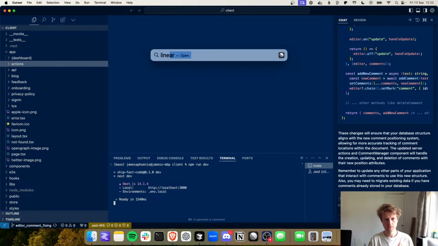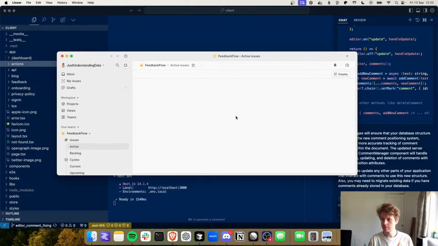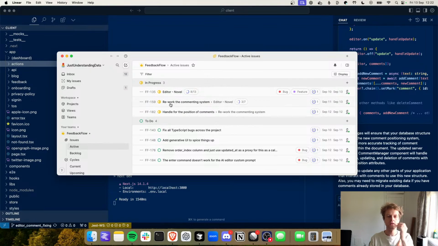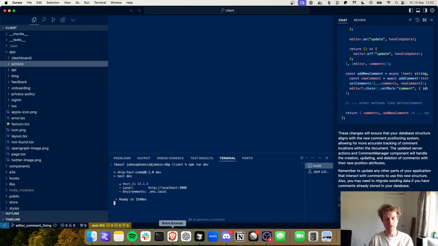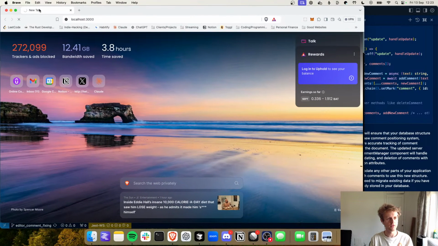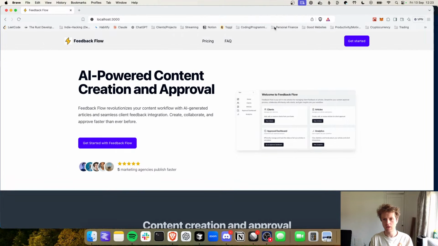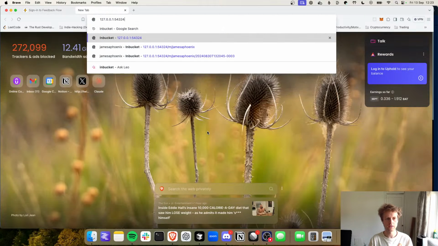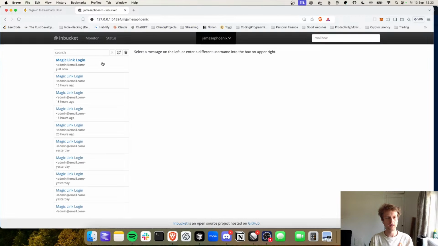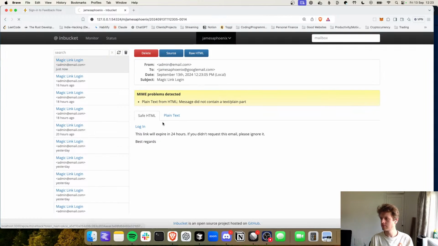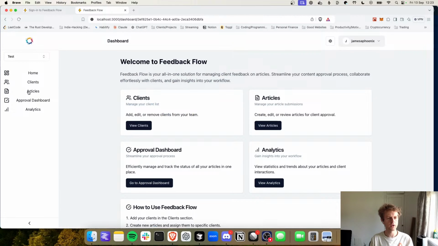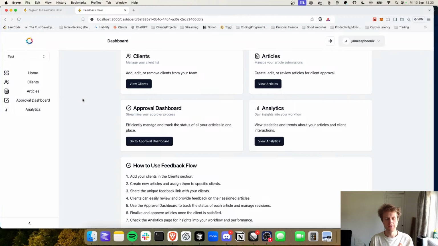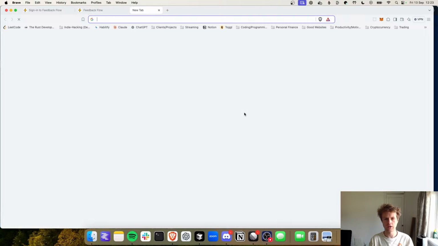Right, I'm going to open that here. Okay, right. So at the moment, this is the current scenario of what we have. So I'll just show everyone, just for people that haven't been following along yet. So we can log in here, and I can log in with my magic link, and then when we log in we get redirected to your dashboard. And at the moment I've got an article here. We can go to that article,